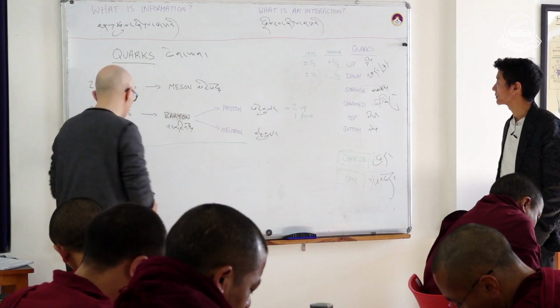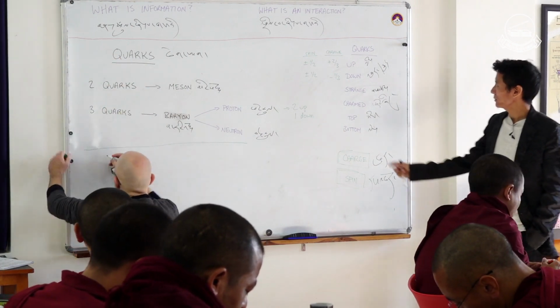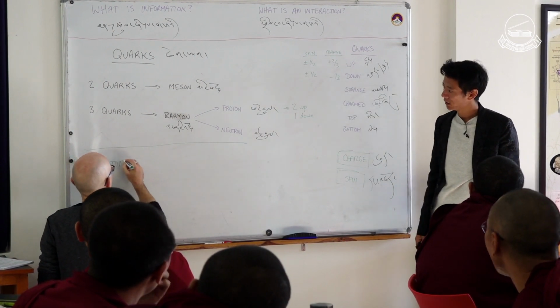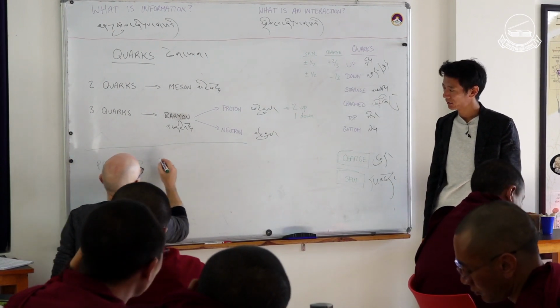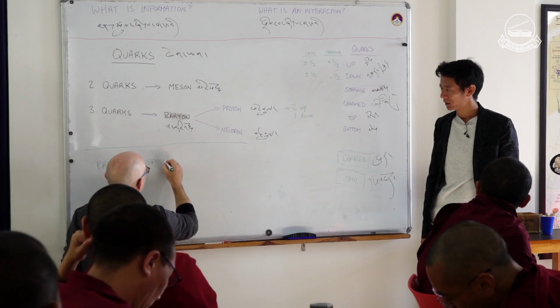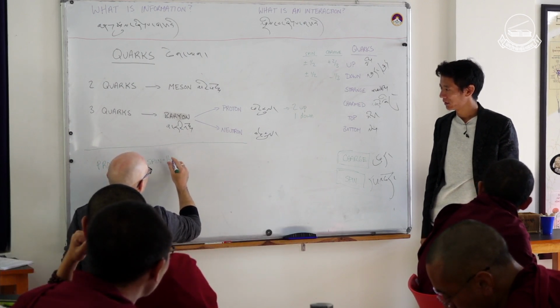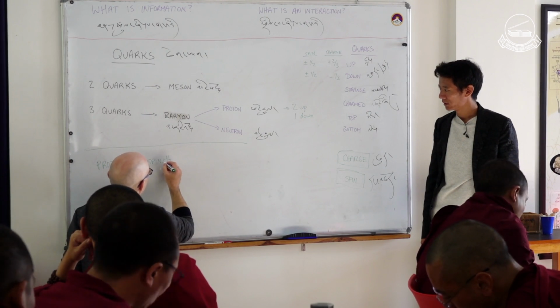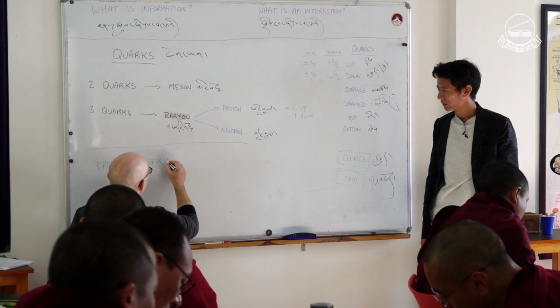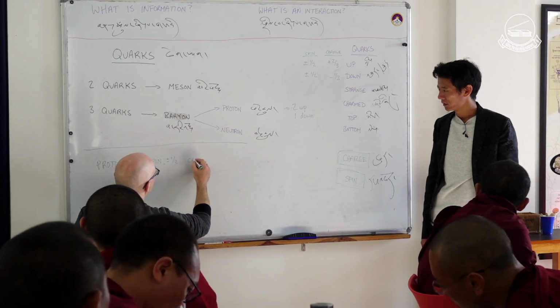Now, we know that a proton has a spin of plus 1/2, or well, it can be plus or minus 1/2, and a charge